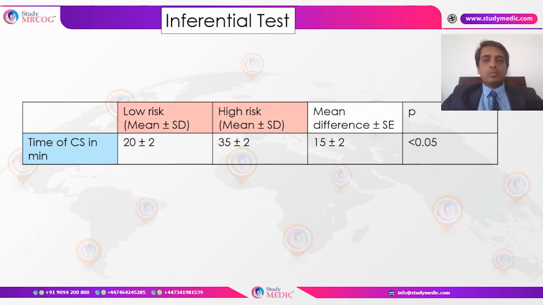And coming to examples, when do we use these tests? For example, if we want to find out whether there is a difference in the time duration of the cesarean section conducted between the low risk pregnancy group and the high risk pregnancy group. Now you can see that here